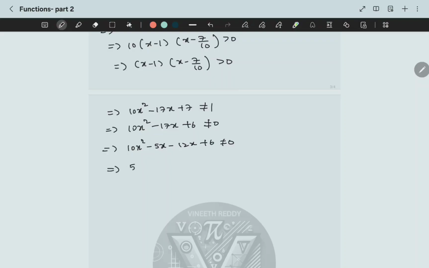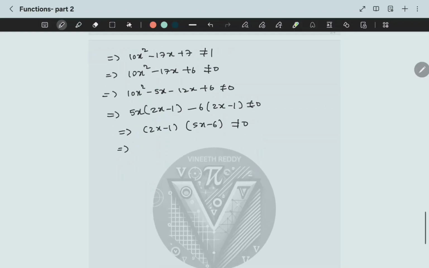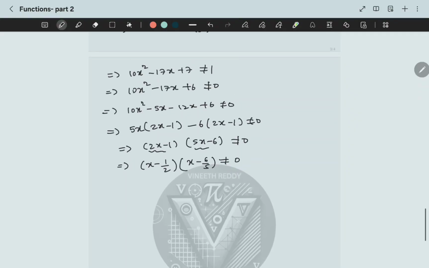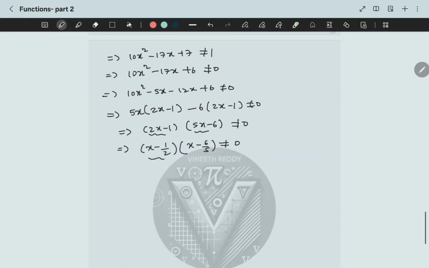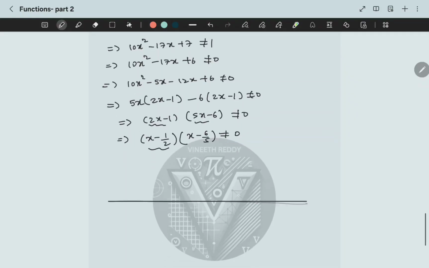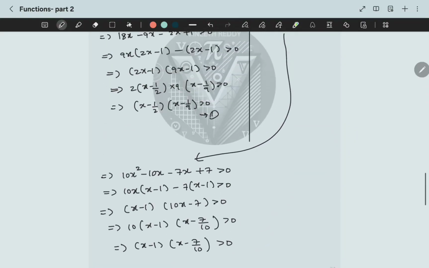Now you must have understood, the question is quite easy but a bit lengthy, right? So taking 6 common, we get (2x minus 1)(5x minus 6). Now we rearrange it: taking 2 common from the first bracket and 5 common from the second bracket, we get (x minus 1/2)(x minus 6/5) should not be equal to 0. This means x is not equal to 1/2 and x is not equal to 6/5. So if I try to plot all the values on the number line, first we have